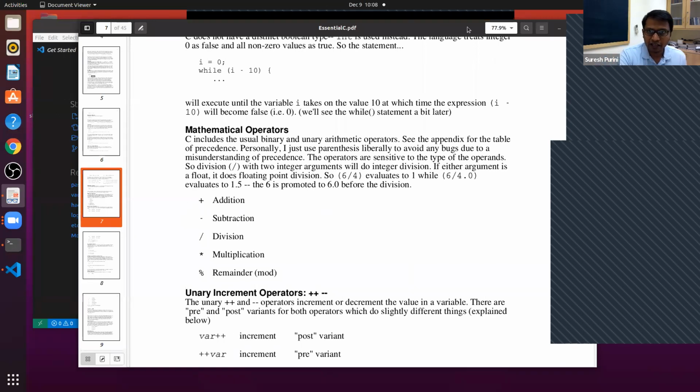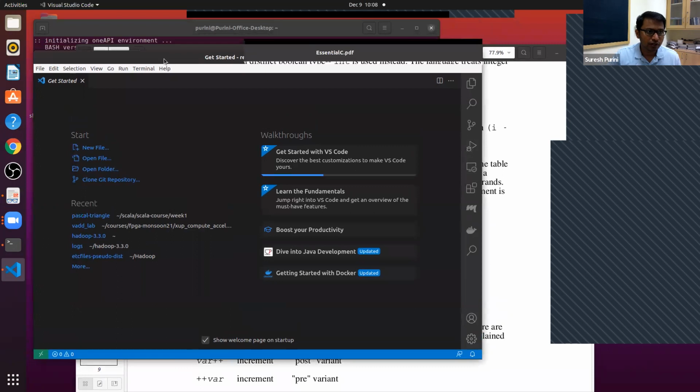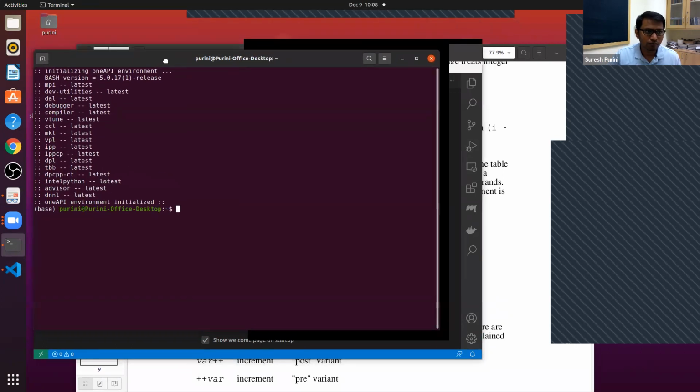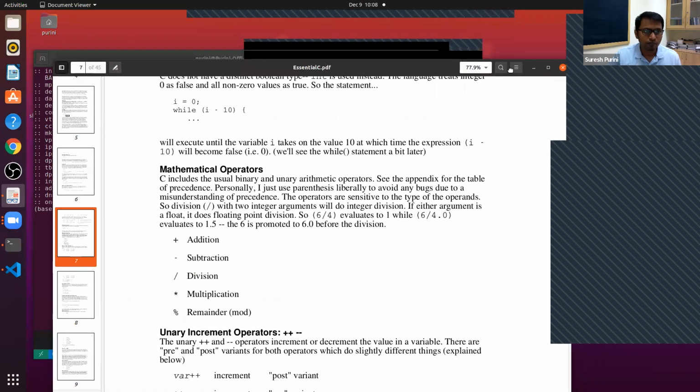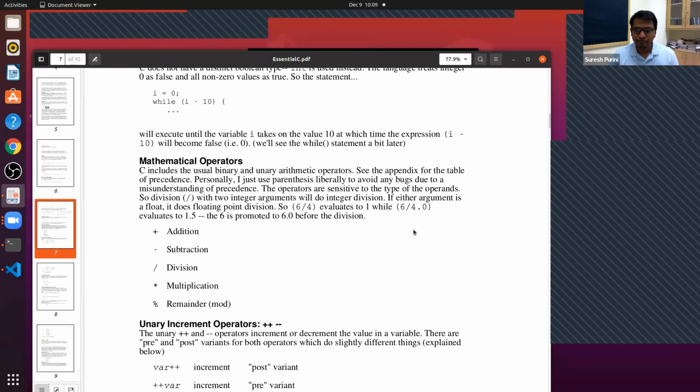So in the C programming language, there are primitive operations that are available, the mathematical operators. Right now we are looking at the Essential C book. We are looking at the mathematical operators that are available in the C programming language: addition, subtraction, division, multiplication, and remainder.